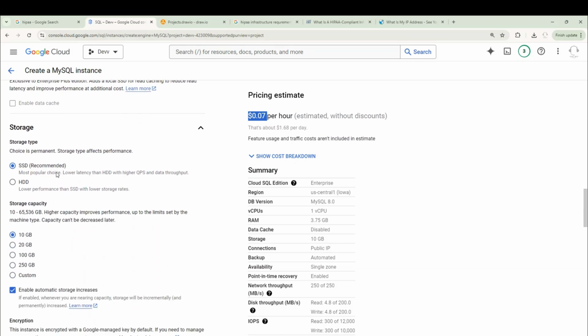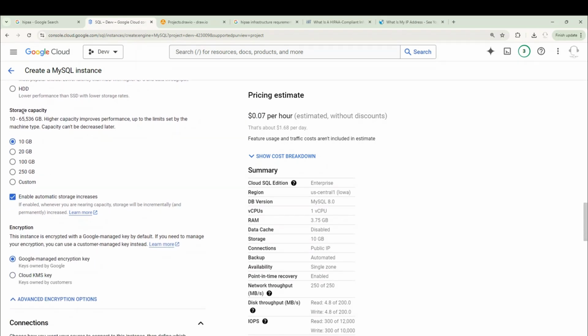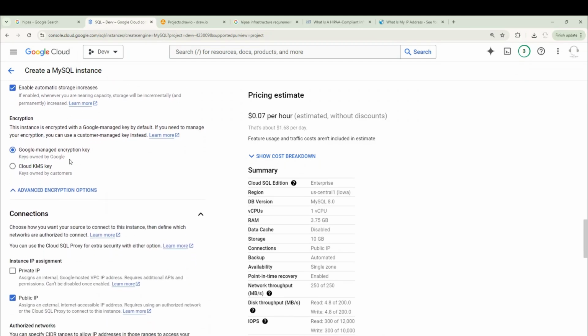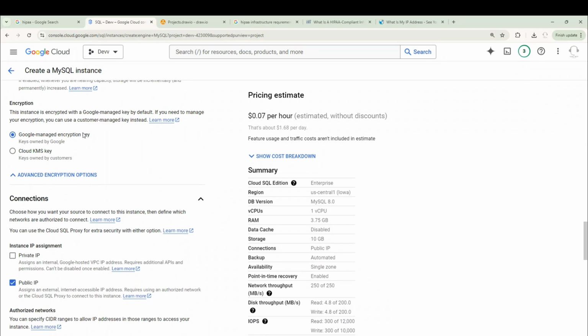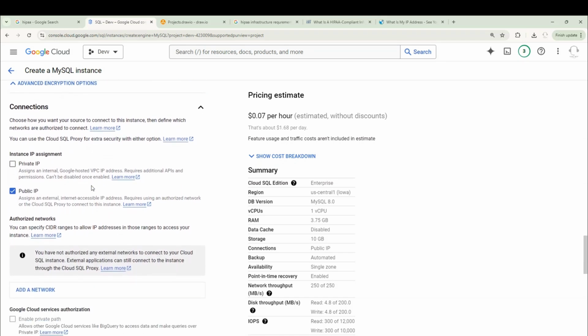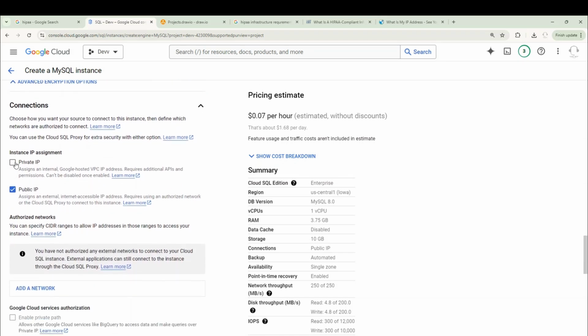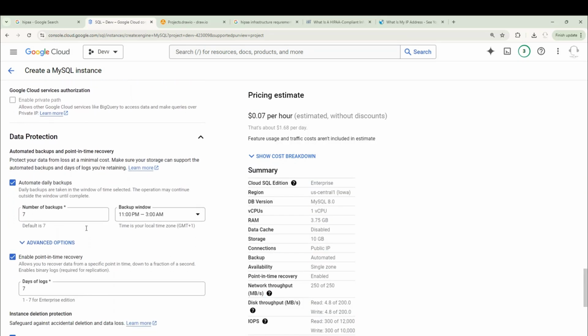Then when we came down to storage, we said that the recommended is SSD, and the minimum you can go for the storage capacity is 10 gig, right? So we equally enabled encryption to ensure that the data stored in the cloud is also encrypted. Even Google themselves do not have access to that. Then we came down to the connection. We looked at having given it a public IP address. Finally, we now go down to data protection to establish a data